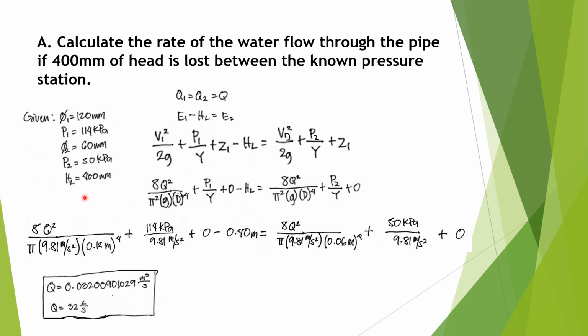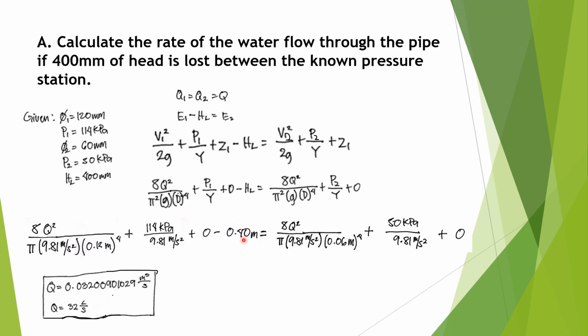So let's substitute the givens in this equation. 8Q squared over pi times 9.81 meters per second squared times our diameter, which is 120 mm. So we convert it to meters. It is equal to 0.12 meter to the power of 4, plus P1, which is 114 kilopascals over 9.81 meters per second squared, plus our height, which is 0, and minus our head loss, which is 400 millimeters, or we convert it to meters. So it is